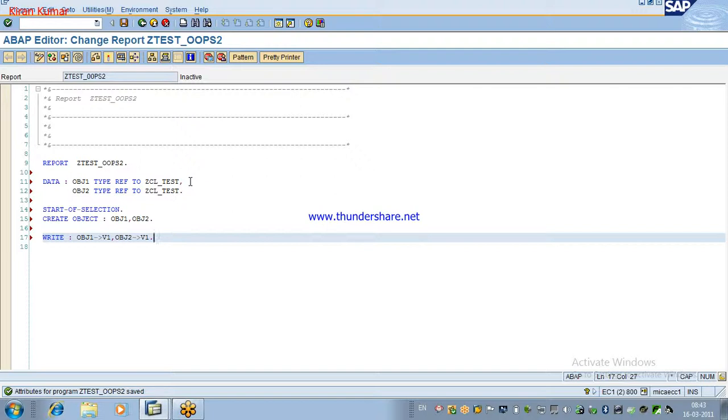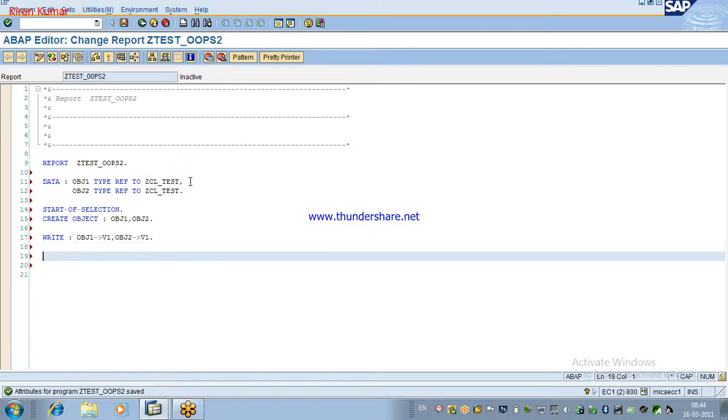The 10 value will come twice, sir. 10 comma 10 will come, correct? Yes, sir. Now what I will do, obj1 single arrow v1 is equal to some, I'll say, 22.